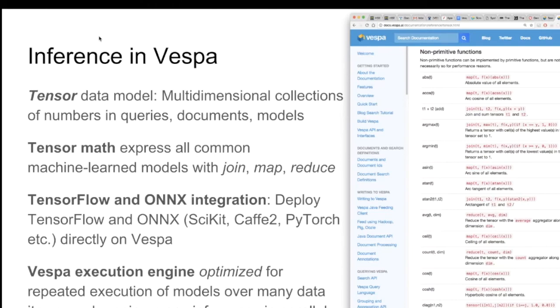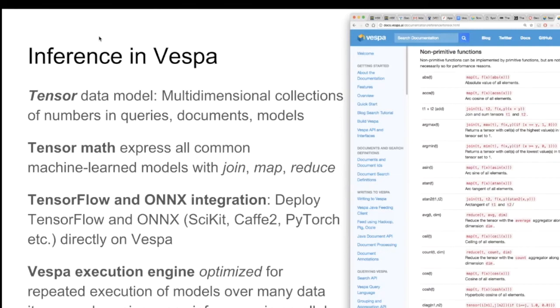As part of Vespa, we have a tensor data model and a tensor math language that is supported natively on Vespa and executed on the data nodes. So when you deploy a machine learning model to Vespa, you express it in the Vespa tensor math, and Vespa will execute it for you as part of evaluating queries.